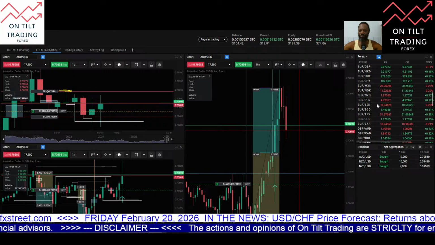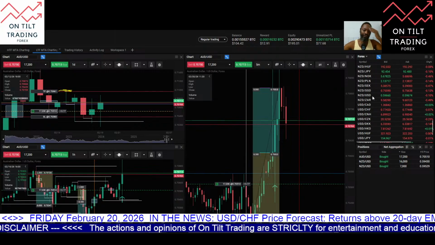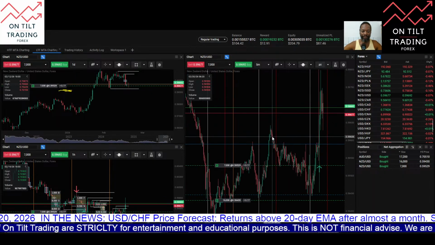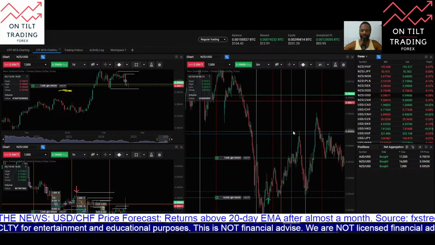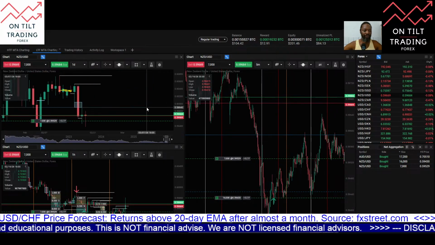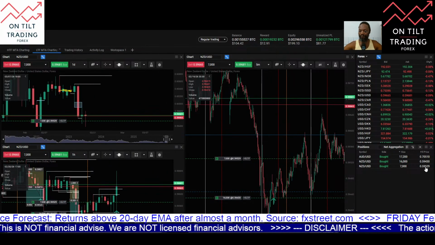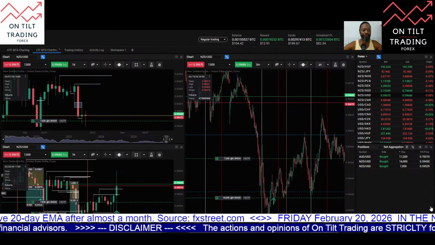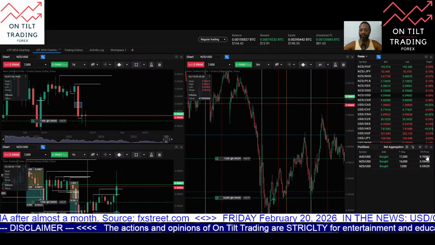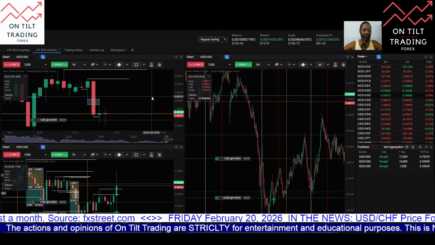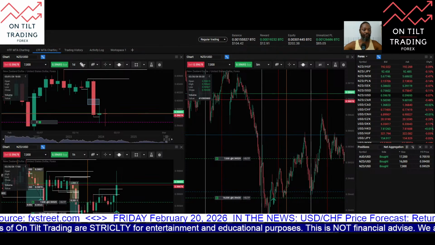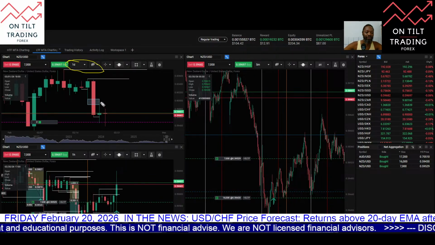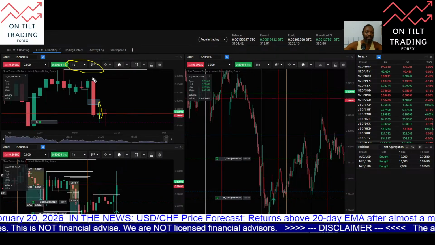Next, I'll head over to Kiwi dollar. Kiwi dollar set up very similar, and I've been in Kiwi dollar since the Asian session. I'll walk you through what I have trading top down here on Kiwi dollar. So here on the daily chart, framing my drawn liquidity, we have yesterday's candle here, and then we have day before